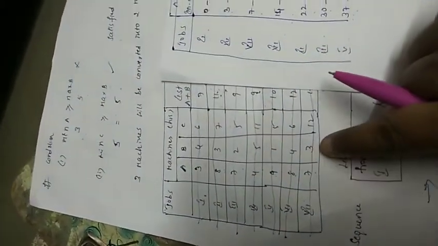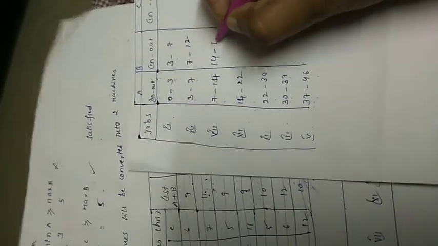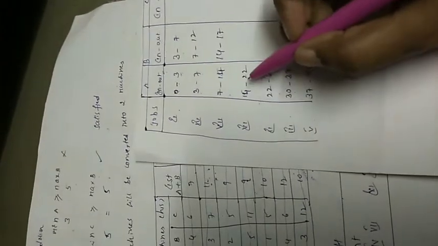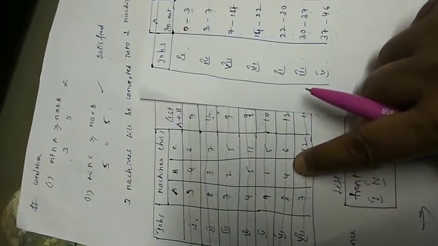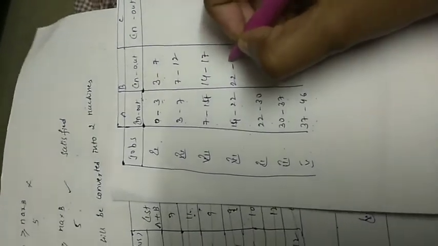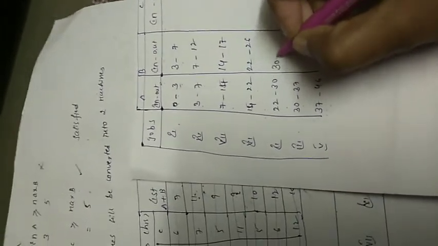Okay, 14, and this is the 7th job for B mission, which is 3. 14 plus 3 is 17. I will compare 22 and 17, which is highest: 22. I will take 22 plus the 6th job for B mission, which is 4. 22 plus 4 is 26. I will take 30 and 26, and 30 is highest.